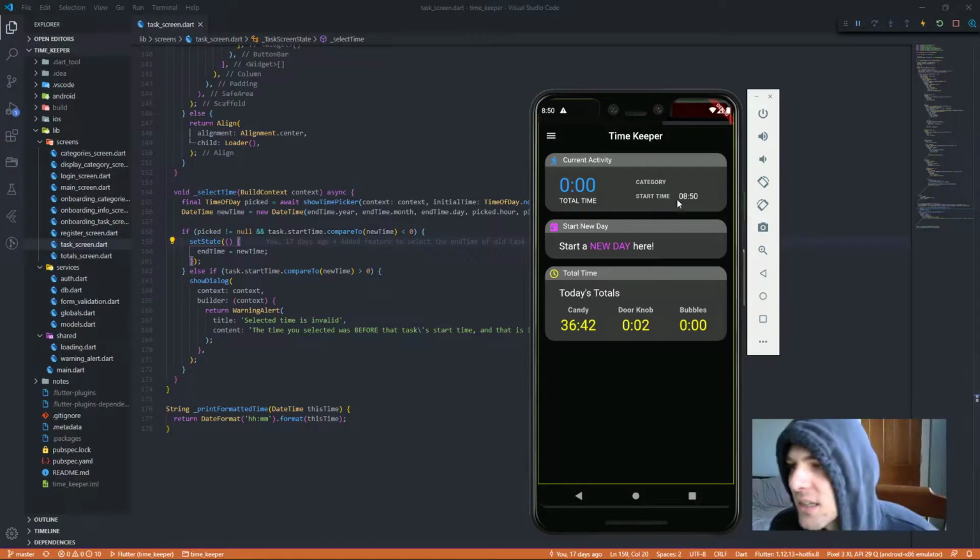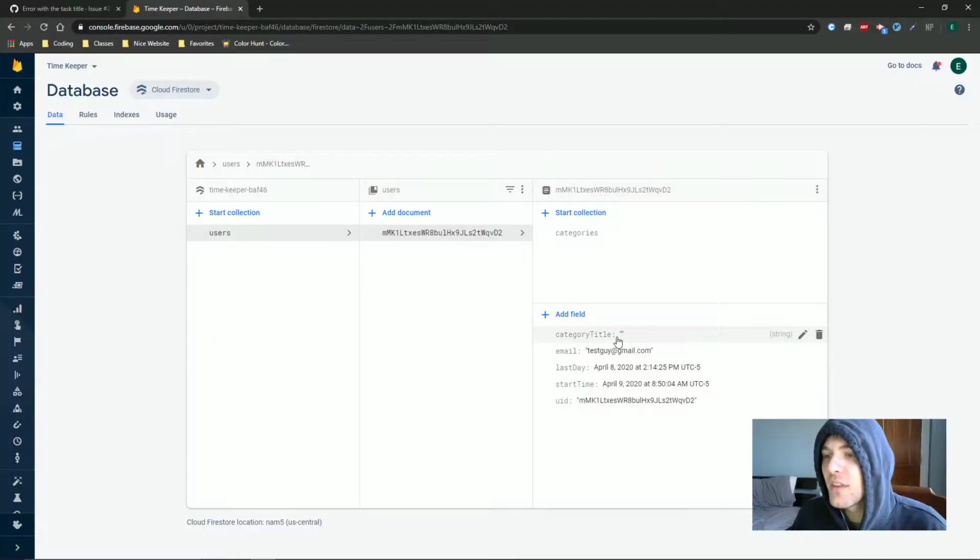So my solution to this next problem, it's almost a problem in itself. Let me just show you what the problem is real quick. Okay, so look at this. Category has nothing there. And then if I go to the database, it reflects that. There's no title here. I don't know what's happening. We're clearly getting a weird bug, so I'm gonna fix that. I spent a really long time solving this problem, and the solution is so